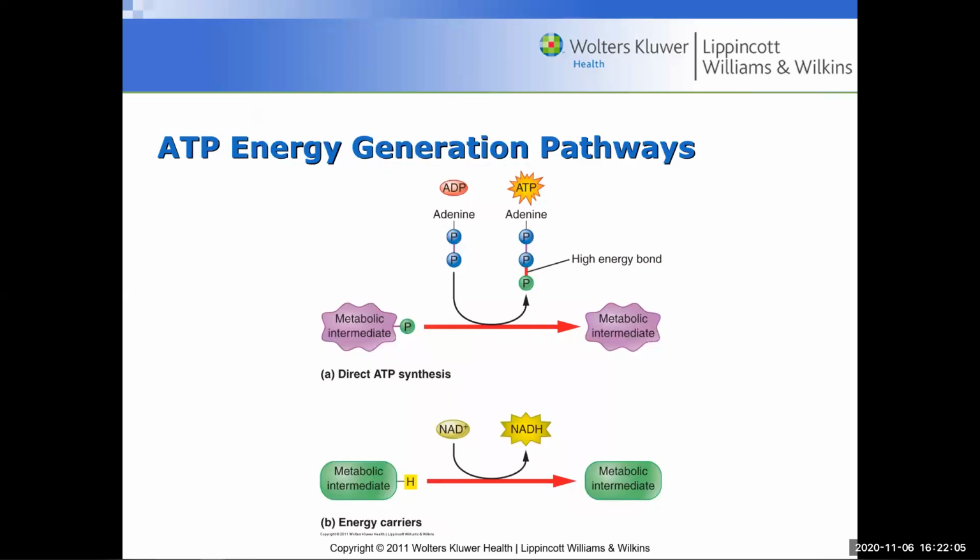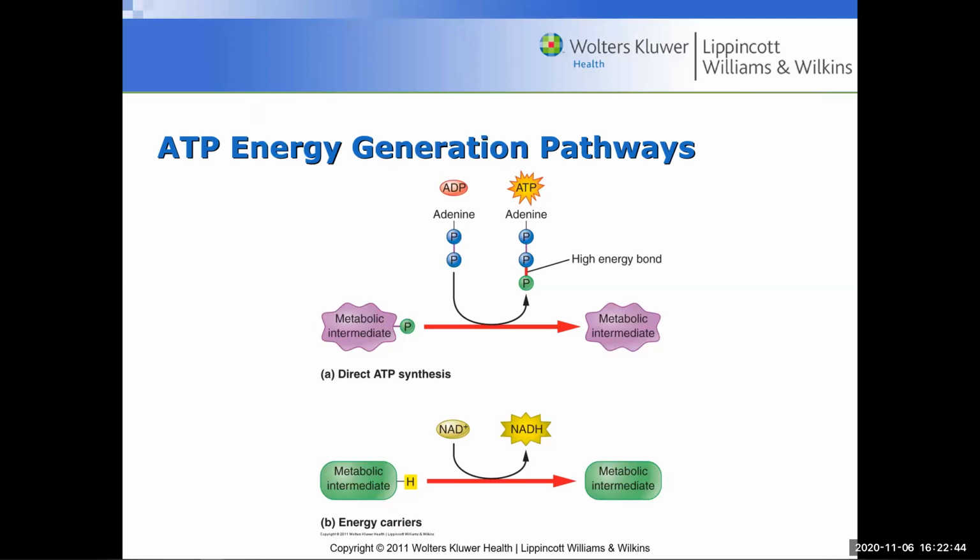So in terms of the high energy phosphate groups, they can be directly transferred from a metabolic intermediate to an ADP molecule, generating ATP. When we're looking at the metabolic intermediate here, we are seeing that it has a phosphate bond, and that phosphate bond could then be added to adenosine diphosphate to create that high energy bond associated with adenosine, or sometimes we say adenosine triphosphate. Adenosine triphosphate is the unit or currency of energy used in the human body and could be used throughout the